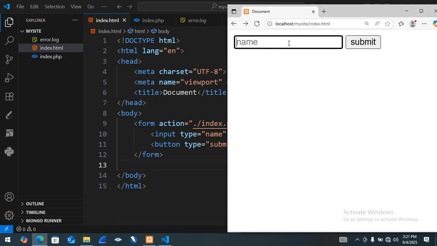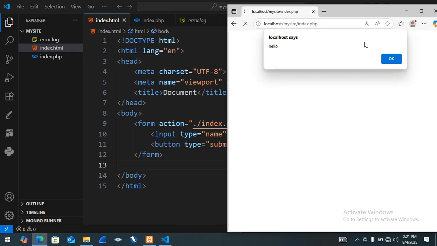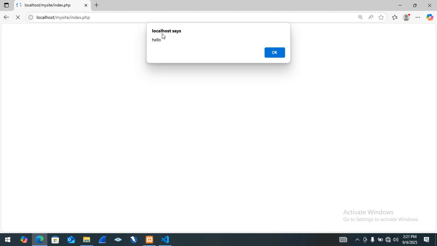Then we go here and paste it there, and if we submit, as you can see, we have run what we call the cross-site scripting attack. A user is now able to execute JavaScript code on the server side. As you can see, we get the hello. A user can craft malicious JavaScript code. To prevent this, what we should do is use